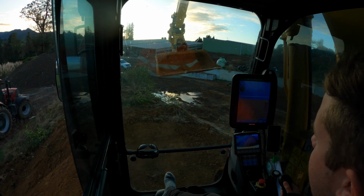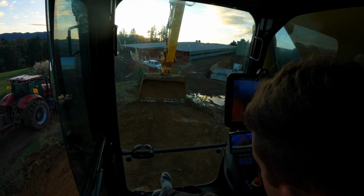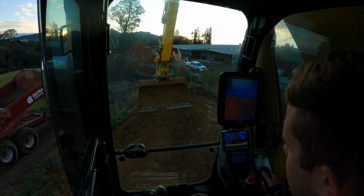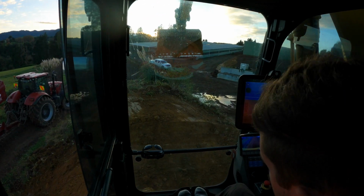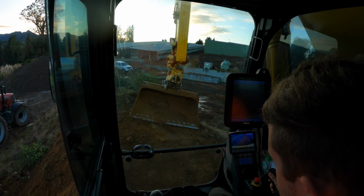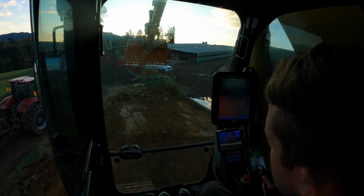unbolt a bit more of it as well. But yeah, I'll just see how the day goes. I'll just try and leave a few piles around the site, so when the tractor does come back tomorrow, I might get it back. And yeah, we've got plenty to carry on with. Yes, there's plenty